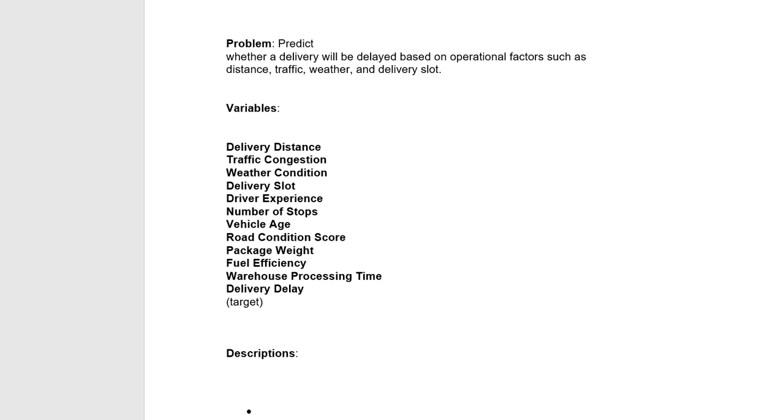In this video, we will discuss how to predict the delivery delay. We have some independent variables like delivery distance, traffic congestion, weather condition, delivery slot, driver experience, number of stops, vehicle age, road condition score, package weight, fuel efficiency, and warehouse processing time. The problem is whether a delivery will be delayed based on the operational factors mentioned here, and delivery slot also. On the basis of that, I want to predict whether the delivery will be on time or